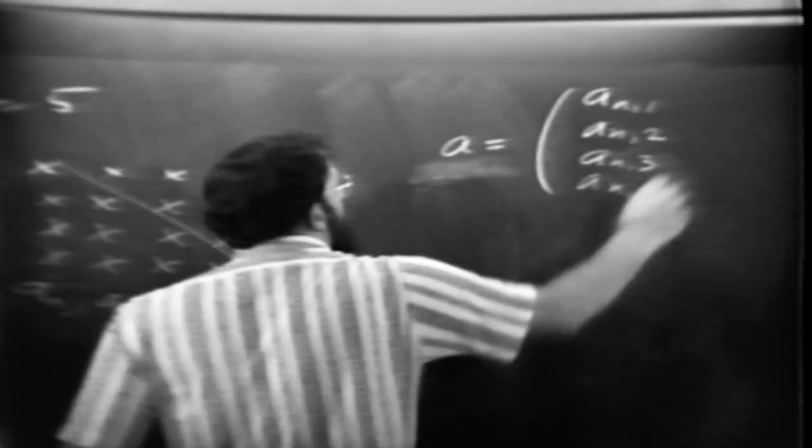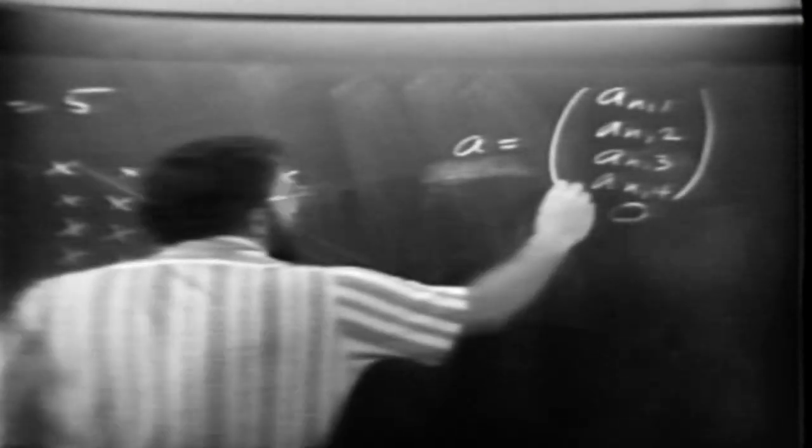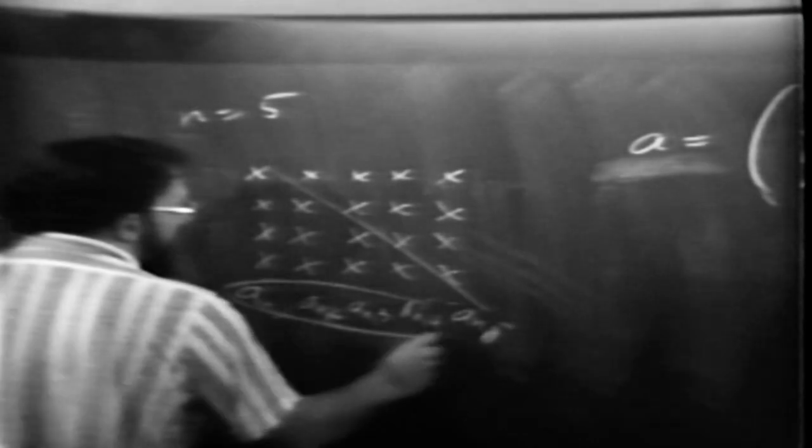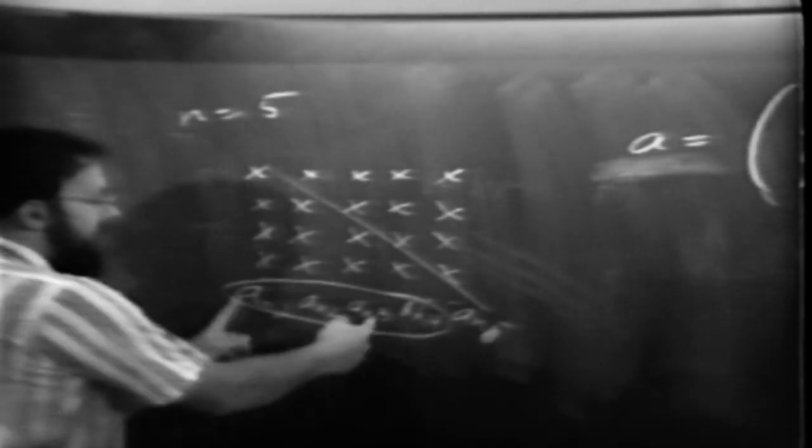And now we're going to annihilate the first three of those with a Householder transformation. And so we define a to be the vector an1, an2, an3, an4. Just that vector of length 4. Well, let's put a 0 here. Okay, so we'll get a matrix of the right size. That is, we're going to leave the diagonal element alone and work with those first 4 elements and annihilate the